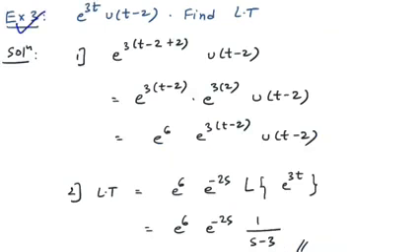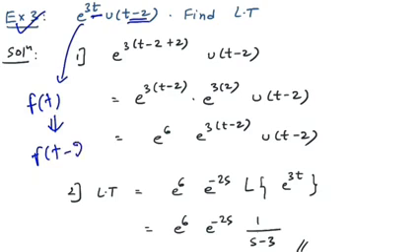Now this is example 3 where exponential is present. Again the unit function is shifted at t minus 2, but the original function f of t is at origin. So f of t is at origin, which means the time is at 0. But you have to change it to f of t minus a. In this case it would be f of t minus 2. So how to perform that? It's simple. Instead of t, I am writing it as t minus 2 plus 2, which is t, no problem, but I am doing the manipulations because now I can use the property of exponential.